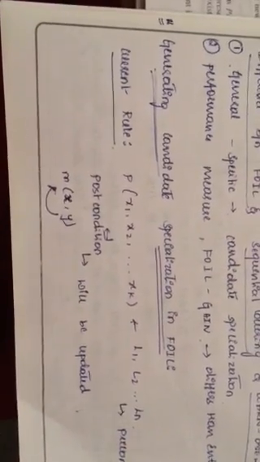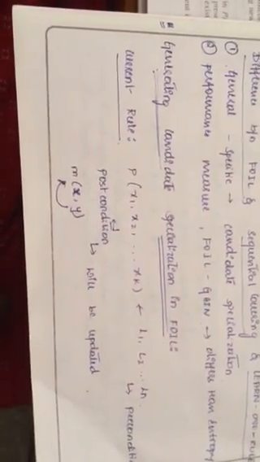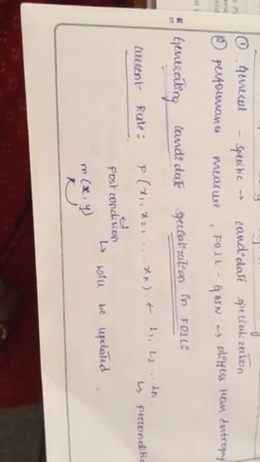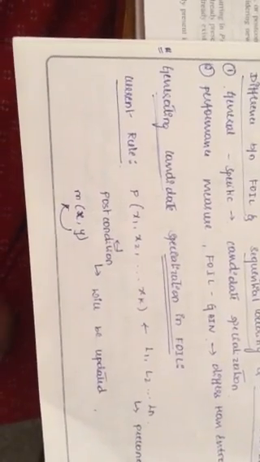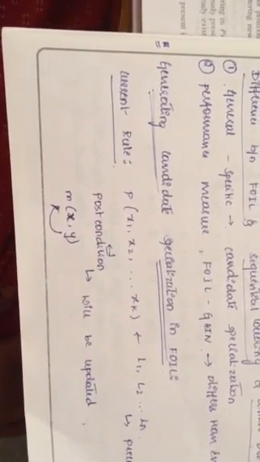Next topic is generating a candidate specialization in the FOIL algorithm. So we know that a candidate specialization is nothing but generating a new rule for each of the training examples that is present in a database. So for each and every training example, we are going to generate one candidate specialization. In order to generate a candidate specialization of the current rule, FOIL generates a variety of new literals, each of which may be individually added to the rule preconditions.